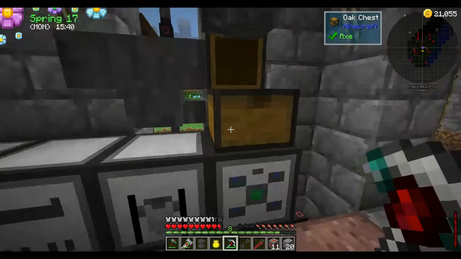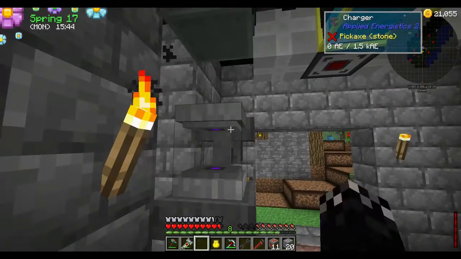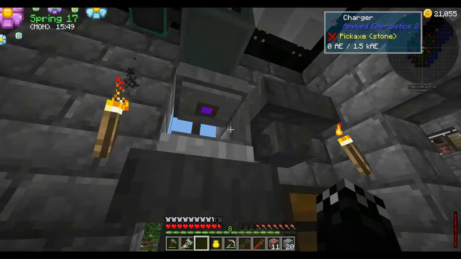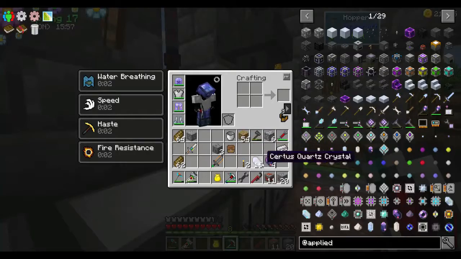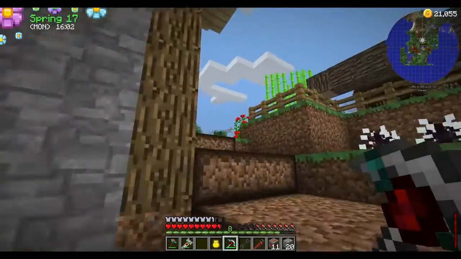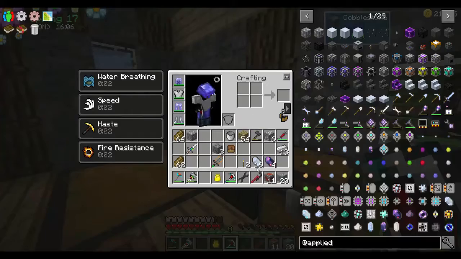Alright, pretty much what I'm trying to do is get this thing to charge. And it's not gonna play the game. The idea is I can set this up and it will charge it and pull it out once it's charged. So just really quickly before we wrap up, let's go and grab...